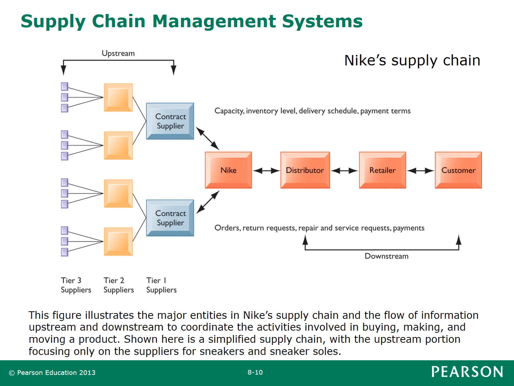So in the upstream chain, we can see that stream starting from the tier 3, they could be a supplier of raw material that can be used in tier 2, and from tier 2 intermediate goods are produced for the contract supplier of Nike. And if this contract supplier finished with the production, Nike can start with its own production to deliver them